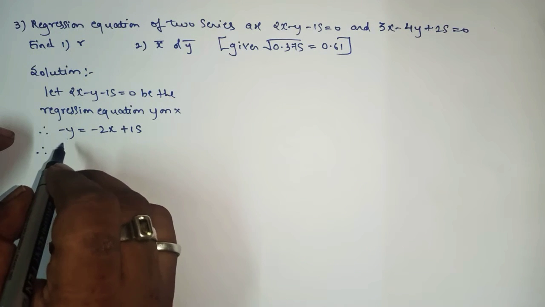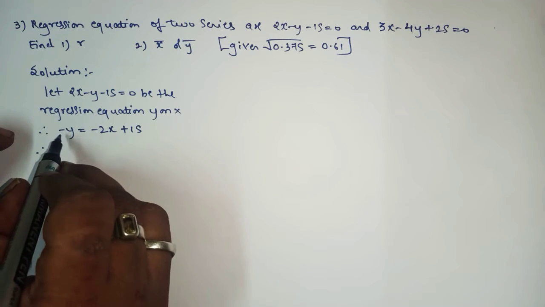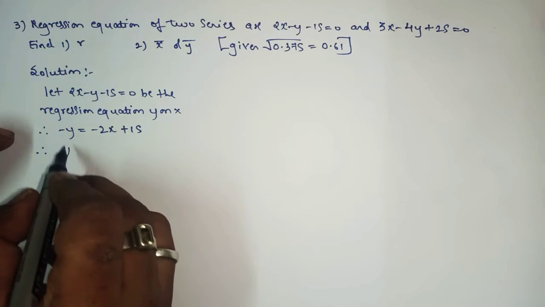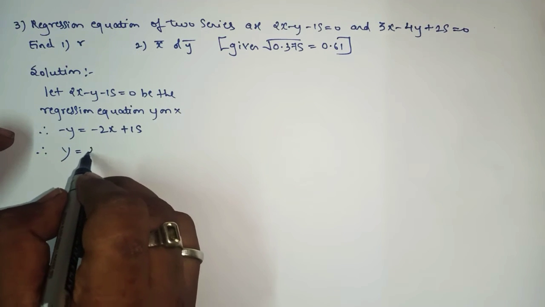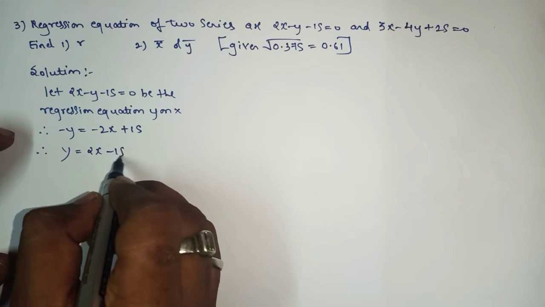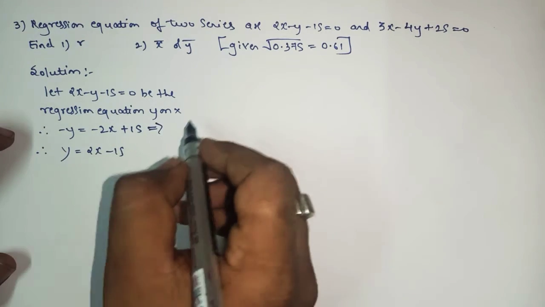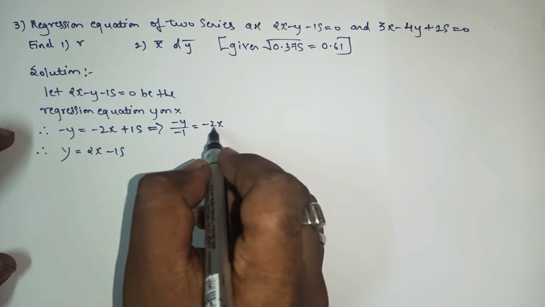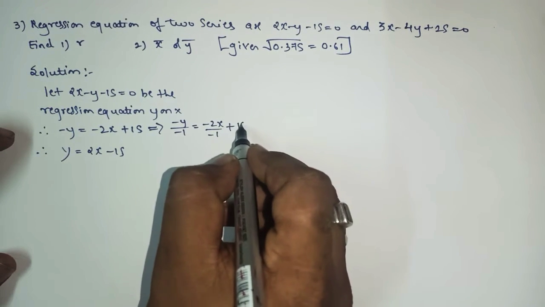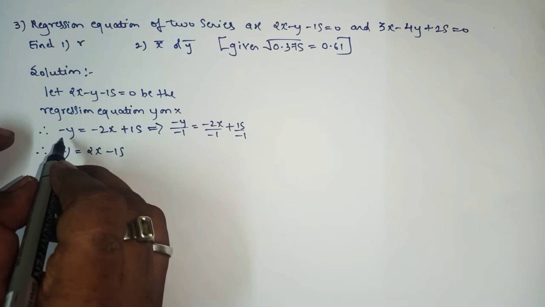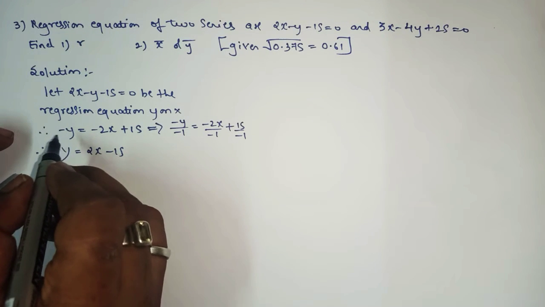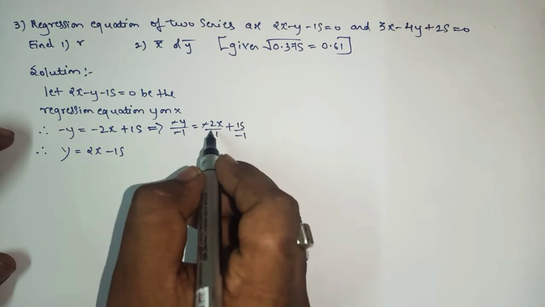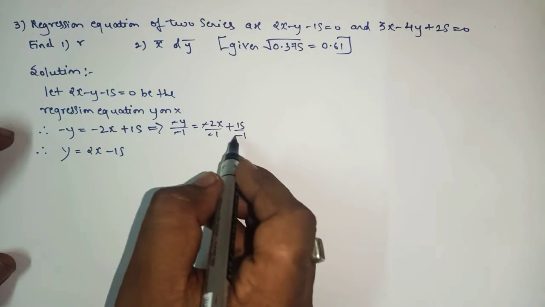Or else you can do it like this also. Multiply throughout by a minus. So here you will get minus y becomes y, minus 2x becomes 2x, and this becomes minus 15. Or else, dividing throughout by minus 1, still you will get the same answer. As here clearly we can see that the coefficient of y is not 1, it is minus 1. So you will get y, minus minus will be plus, you will get 2x, and this plus minus will be minus.